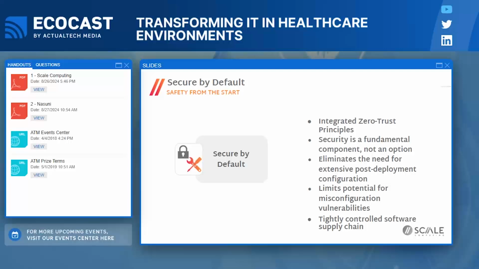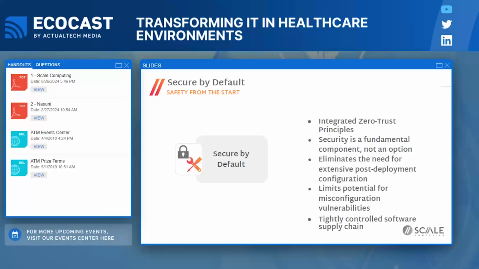Safety from the start is also a big feature and more of an idea across the entire platform. It's a philosophy. We embed zero trust principles into the core architecture to ensure security is an integral part of the system. All of the software for Fleet Manager and HyperCore is developed internally by Scale Computing employees. This ensures strict security and quality control. Scale Computing platform operates as a closed appliance with no root access. We only expose the necessary functionalities. This minimizes the attack surface even further and enhances security.